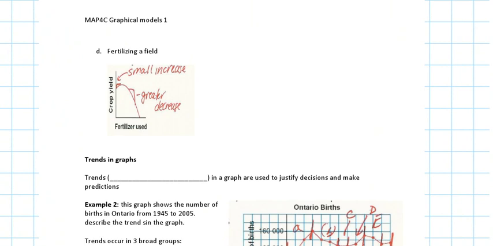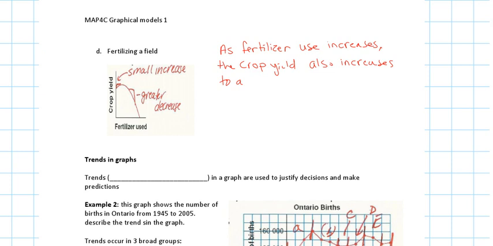So as fertilizer use increases, the crop yield also increases, to a max. And then